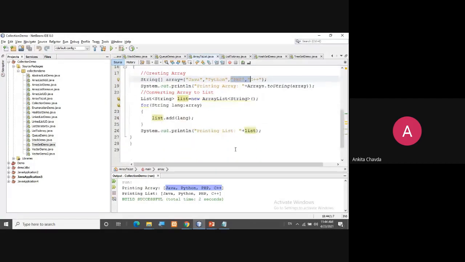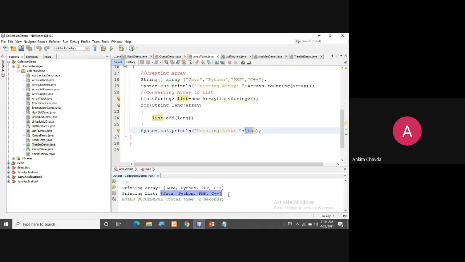And now you can print your list. Even you can print plus list only, so it will again show you the elements in the square bracket, right? You can print any vector, any array list, any linked list like this. You can directly do this plus and this, so it will show you all the elements in the square bracket.